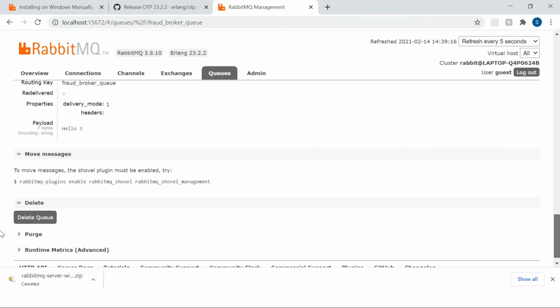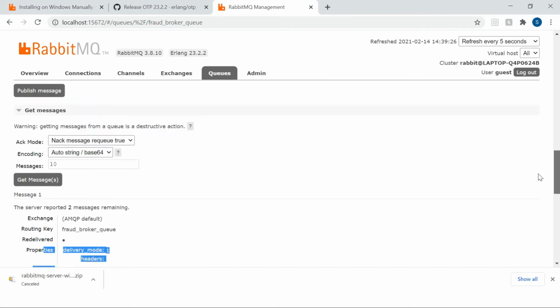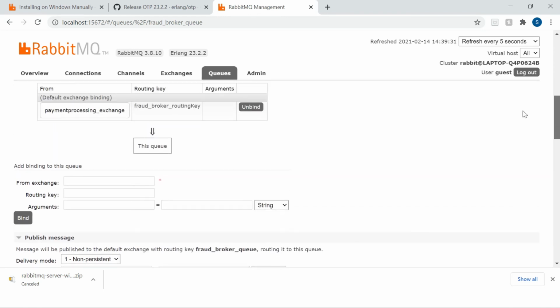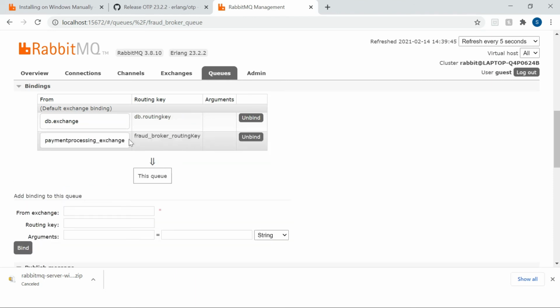So this is how it works, and this is publish. Here I can bind also. Previously it was bound. You can bind your message with an exchange or route using a routing key. So one more is bound with this queue. This is the exchange name, DB exchange, and the routing key is this one. So I hope you understand this one.